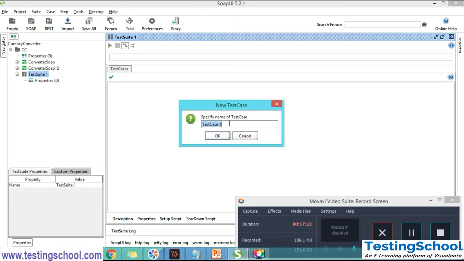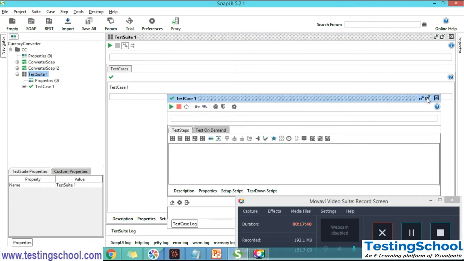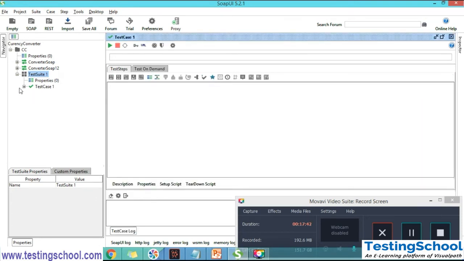As of now I am not changing the name, but if we want, we can change the test case name based on our requirement. Click on OK. It will open like this. Under the test case you can see all are zeros. These are the test steps 0, properties 0, because there are no properties. That is the reason we are able to see it like this.